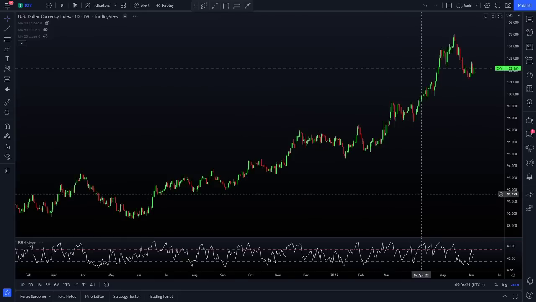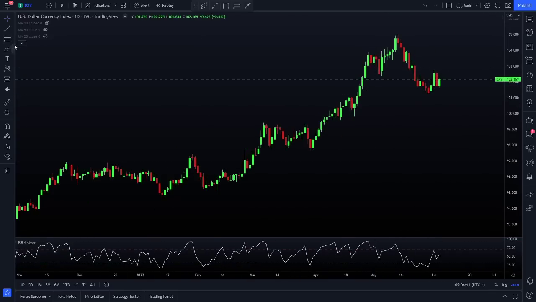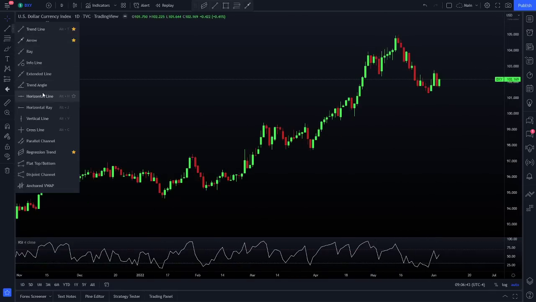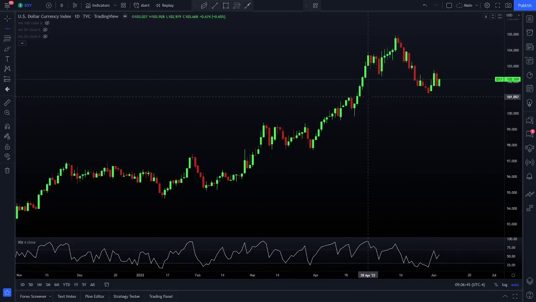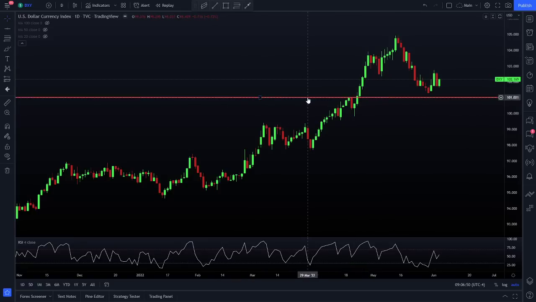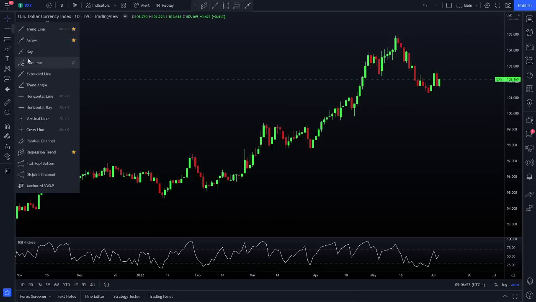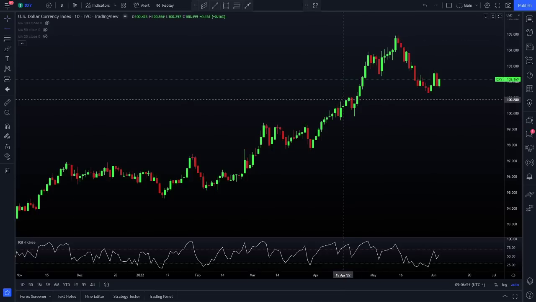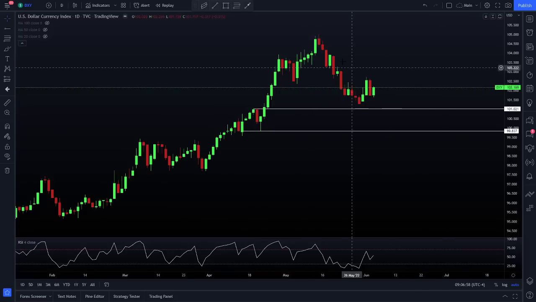If you take a look at the daily chart very quickly, looking at the US dollar, we think that a reasonable place to target would be a move down to 101. Okay, 101 is the starting point. It's this structure point here, which I did not mean to do the horizontal. Let me do the, I like the horizontal ray. So we think that a good targeting price for the dollar would be to come down to an area of value around 101 to 100. So in this zone, we think that that's probably where it's headed next.